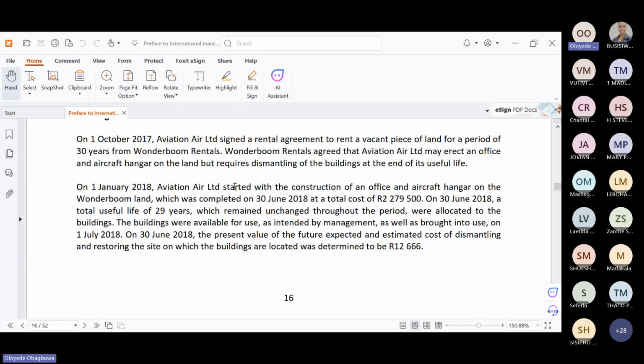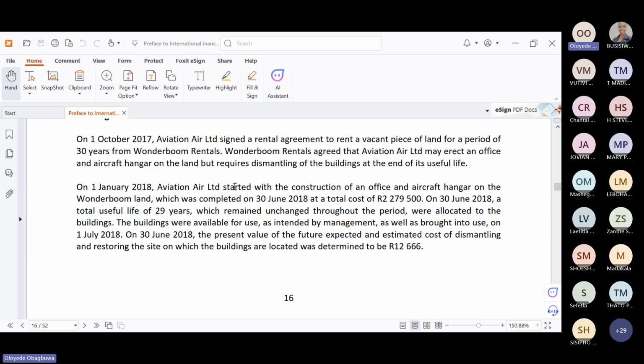On 1st of January 2018, Aviation Air Limited started with the construction of an office and aircraft hangar on the Wonder Boom land, which was completed on 30th June 2018 at a total cost of 2,279,500. On 30th June 2018, a total useful life of 29 years, which remained unchanged throughout the period, was allocated to the building. The building was available for use as intended by management, as well as brought into use on